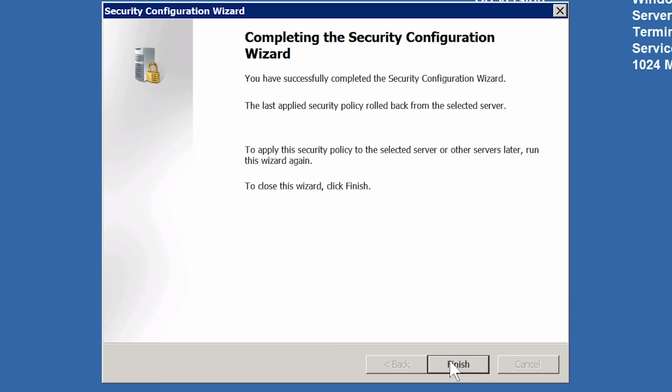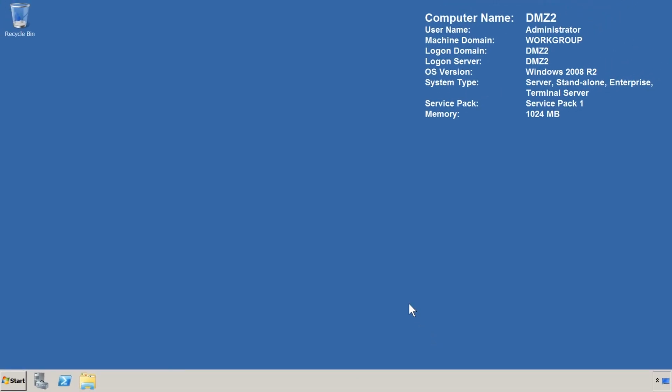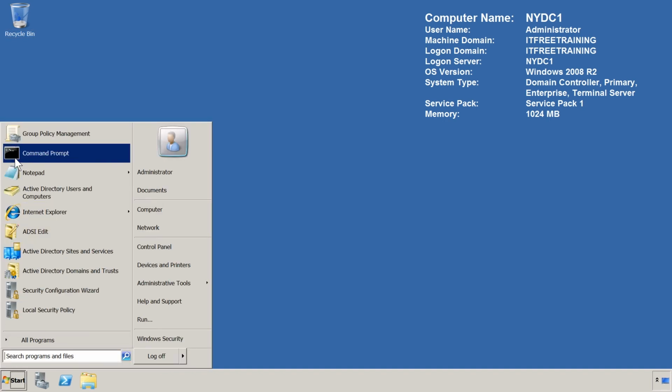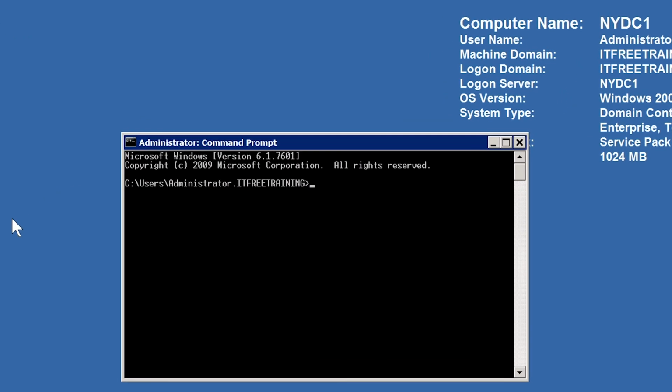This is one way you can apply the security settings configured using the Security Configuration Wizard. However, if you are using computers that are in the domain, you will most likely want to use group policy to deploy these settings. To do this, I will change to one of my domain controllers in the New York site. In order to create a GPO from the settings that I have already created, this will need to be done from the command prompt. Once I open a command prompt, I will use the command